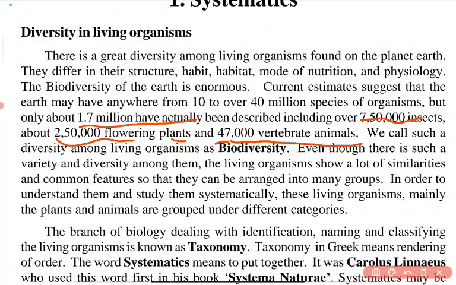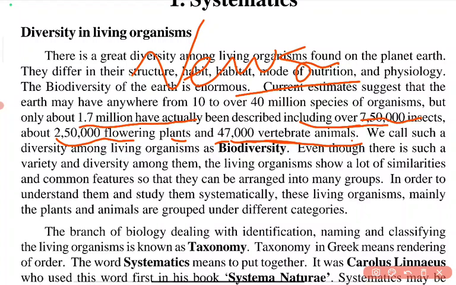First important thing here: if any new organism is in the news, that a new organism is found or its classification and habitat were described, then you have to follow that, because that new concept may be asked in your exam. You have to remember which species or genus the newly described animal is from. These are the static facts, but if any new organism comes, that may definitely be asked in the exam.